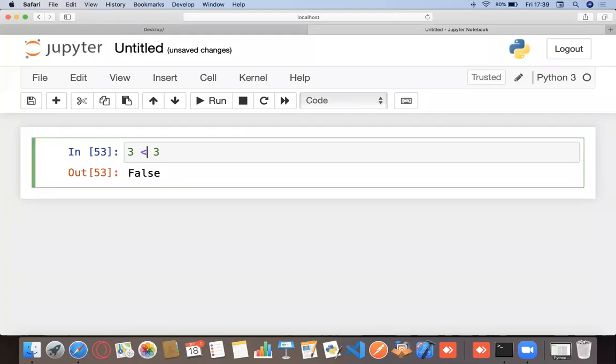But now this thing, it's called less than or equals to. So is 3 less than or equals to 3? Apparently 3 is not less than 3, but 3 is equals to 3, right? So it's true. Because although 3 is not less than 3, 3 is equals to 3. And it takes all the conditions. Similarly, you have something like this, 3 greater than 3. 3 greater than 3 is false, but 3 greater than or equals to 3 is true.